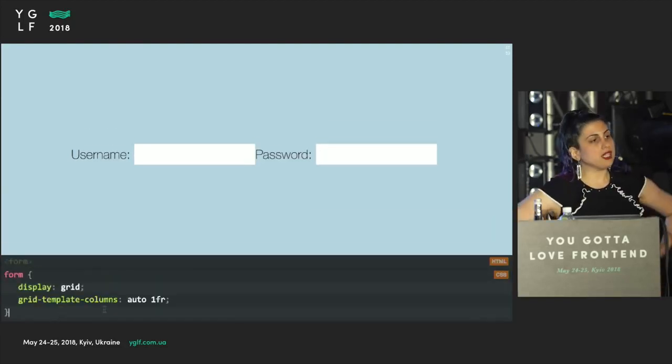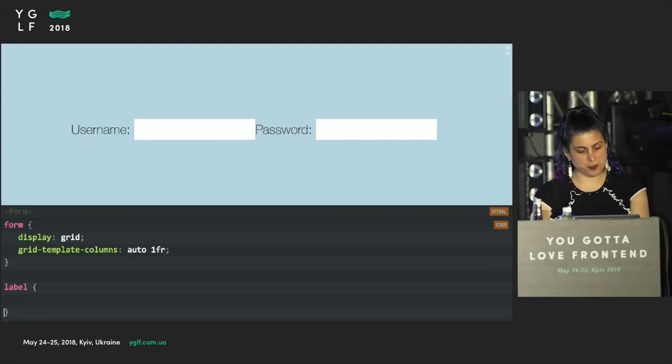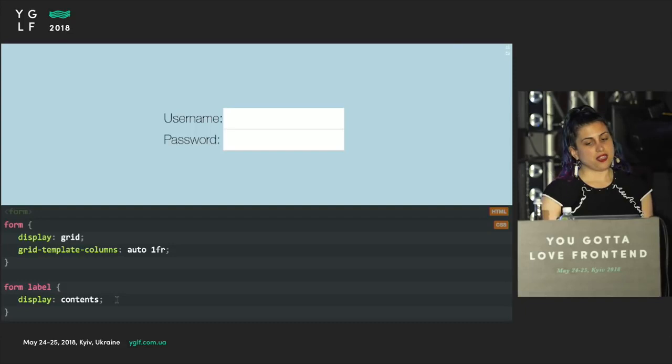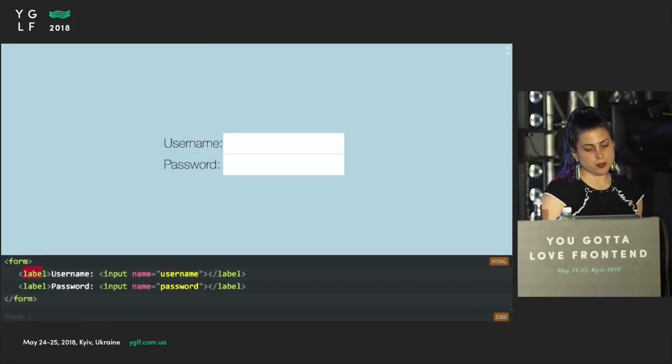So how can we fix that? Until recently, we couldn't fix that. But there is a new display property called display: contents, and that basically tells the browser to ignore this element when it comes to applying CSS. So now it ignores the labels when applying grid layout. And also notice that the labels don't have any styling either. So they're basically completely transparent as far as CSS is concerned. It's as if the label element was not there. But we still have our nice semantic HTML, our nice accessible labels, but they don't get in the way of